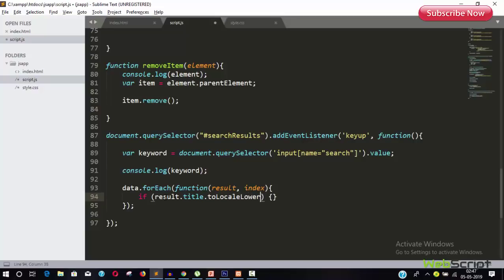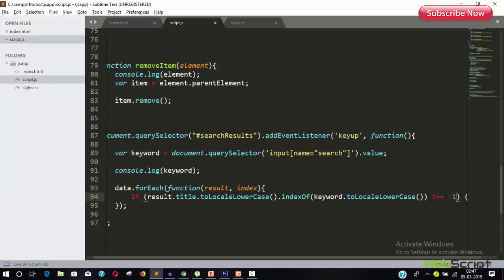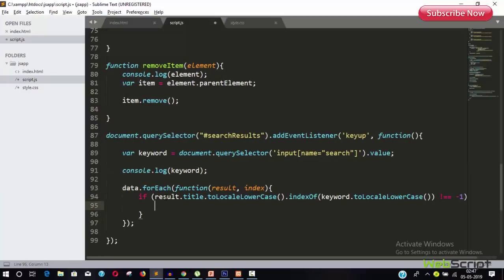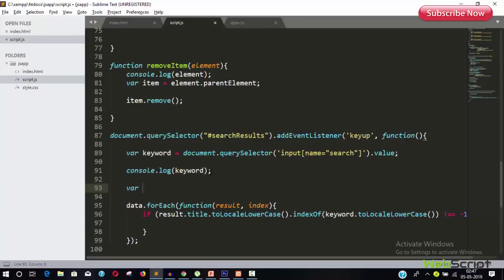So I will make sure to convert it into lowercase with toLocaleLowerCase. This is a JavaScript function to convert into lowercase. So now title will be in lowercase, then I will use the indexOf function to match it. Then we have a keyword, and again I will convert the keyword into lowercase with toLocaleLowerCase, and now it will check. So if it is not equal to -1 it means it matched, and if it is -1 then it is not matched. So if it is matched, then I will store. So again create a local variable,